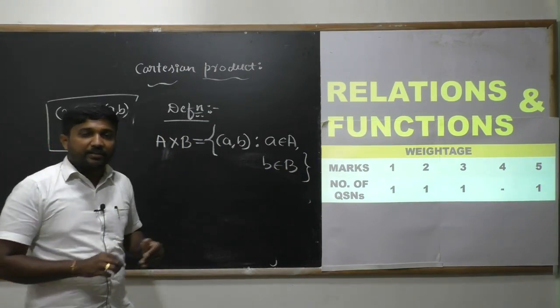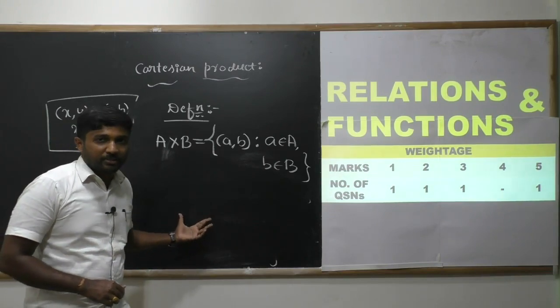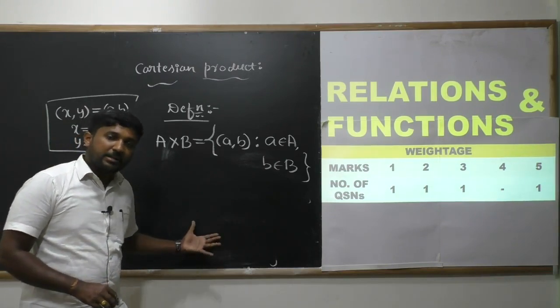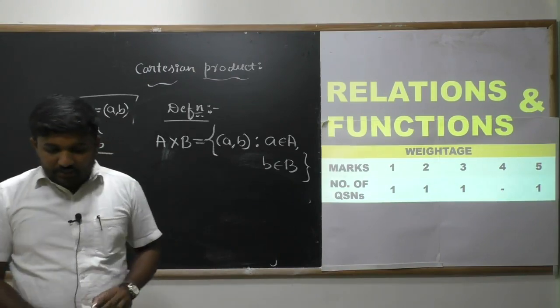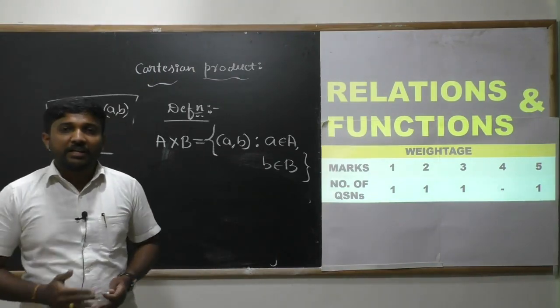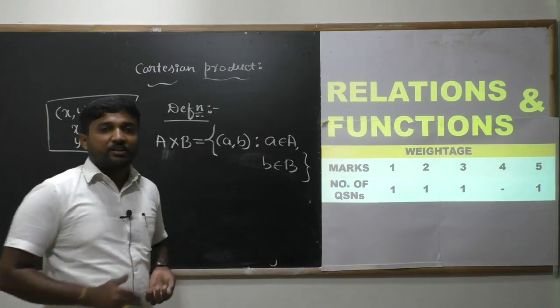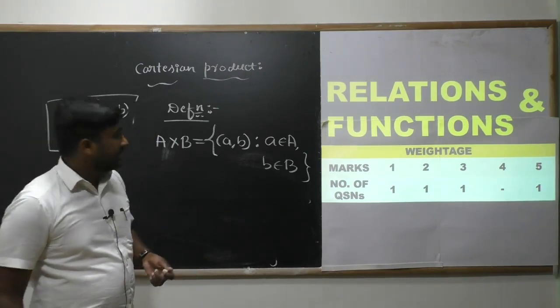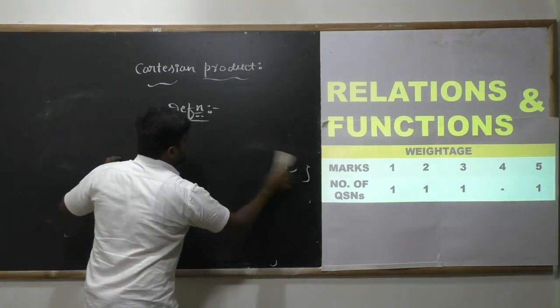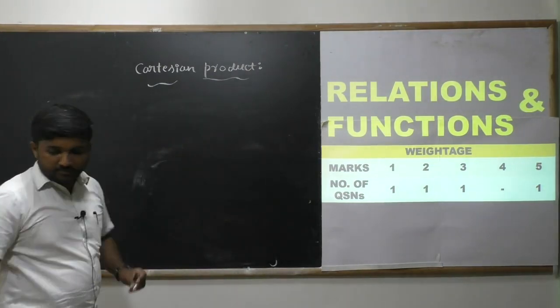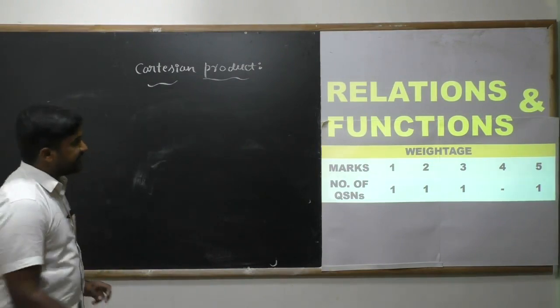Okay, and please mention our previous example also. We have written A cross B and B cross A, right? Please note down that example also in your notebook. Okay, students, now we have some important remarks related to A cross B. Next point. Remark.